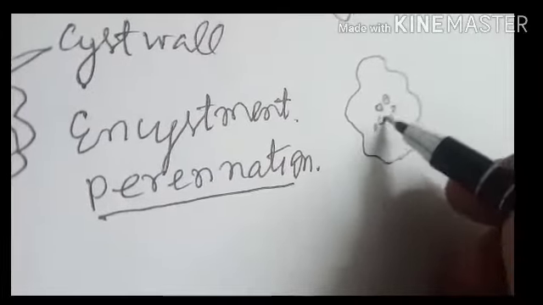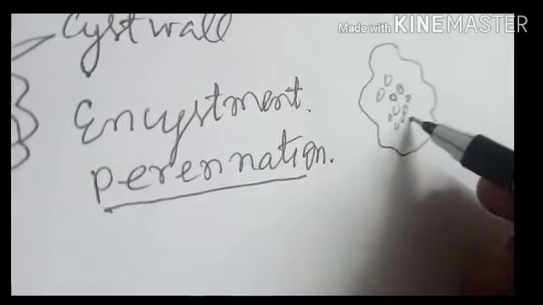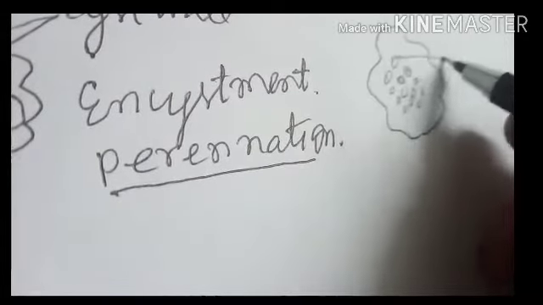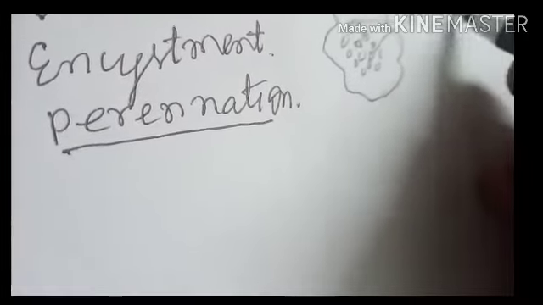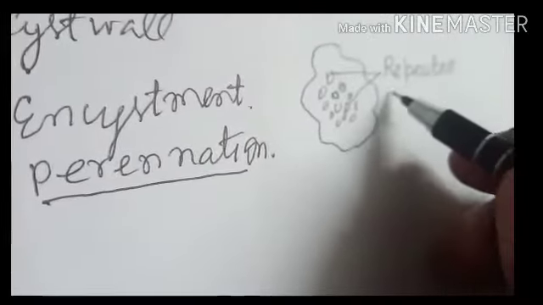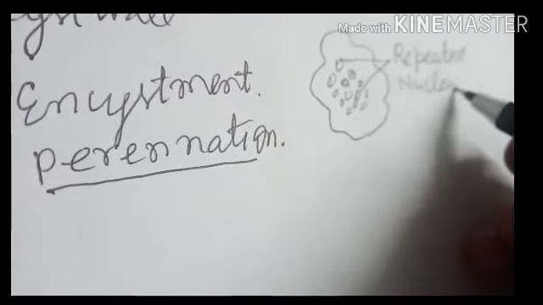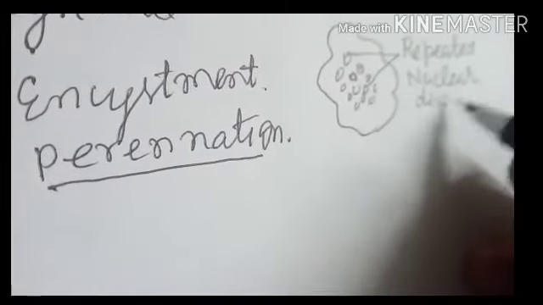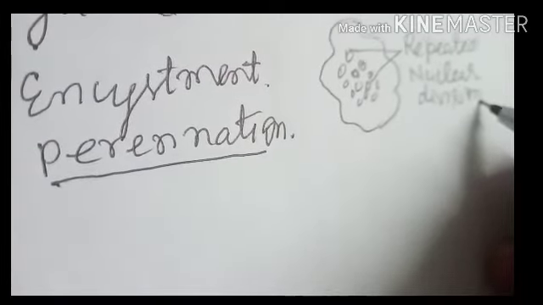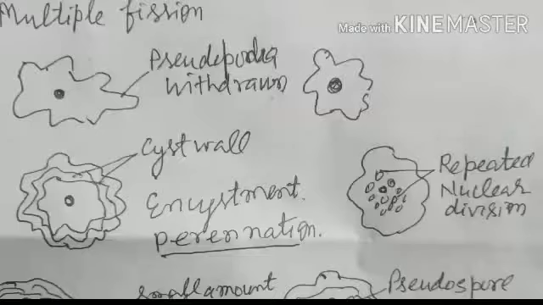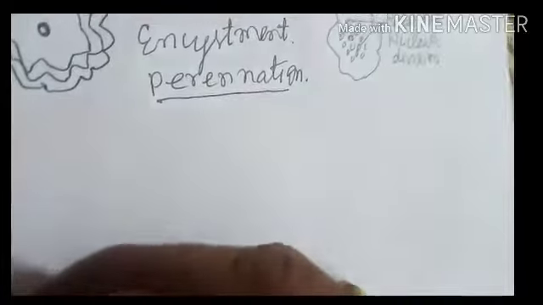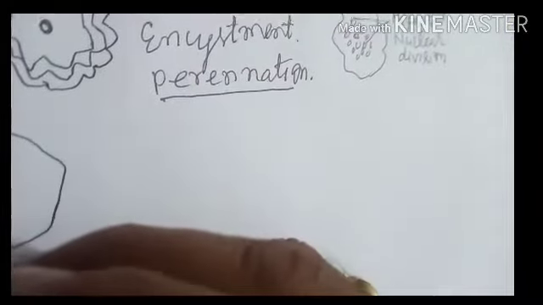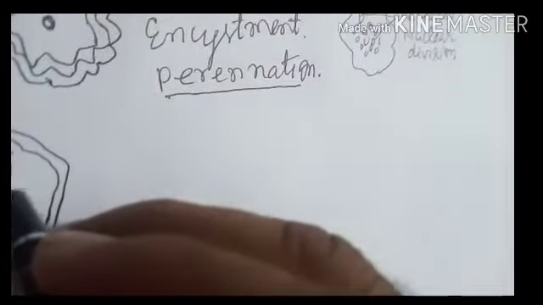These are daughter nuclei which are produced by repeated nuclear division, and due to repeated nuclear division, so many daughter nuclei are formed inside this encysted amoeba,